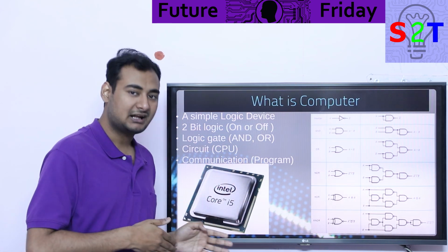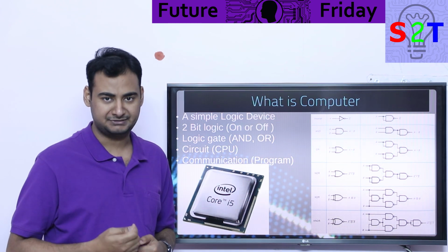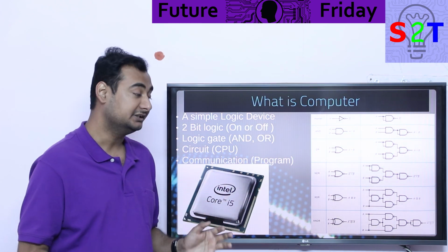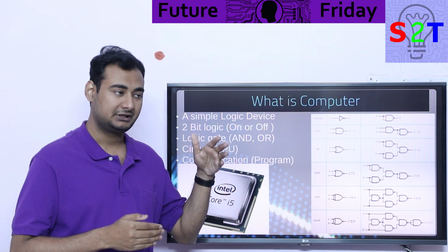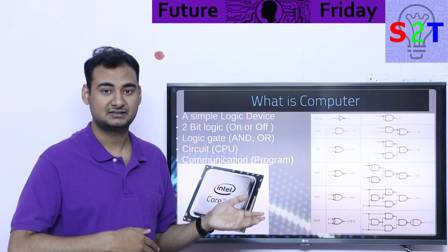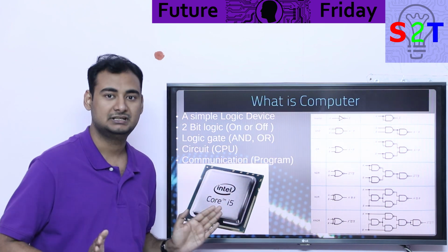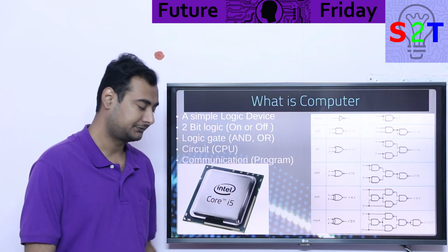Now how you interact with it is basically done through programming, basically machine language if you want to consider it. We talk to these things like we tell them, arrange yourself in this way or this way, or if you receive this signal, do that. So that's all there is to it. Computer, basically logic gates.